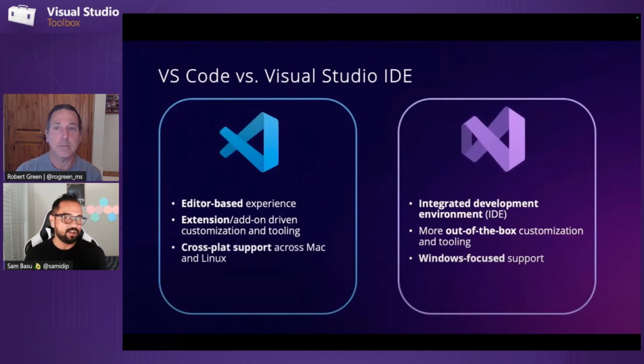If you are mostly on Windows, stick to Visual Studio. It has a full-on community license, or your enterprise might already have an enterprise license with it. And it's a full-blown IDE. So you get a lot of out-of-the-box things. So let's say you wanted to do cross-platform development with .NET MAUI. You check a box, and everything that you need is right there. Visual Studio gets it for you.